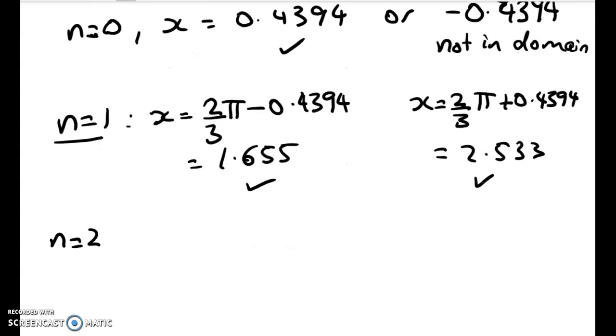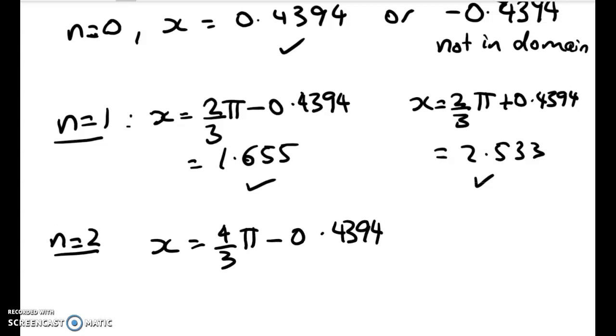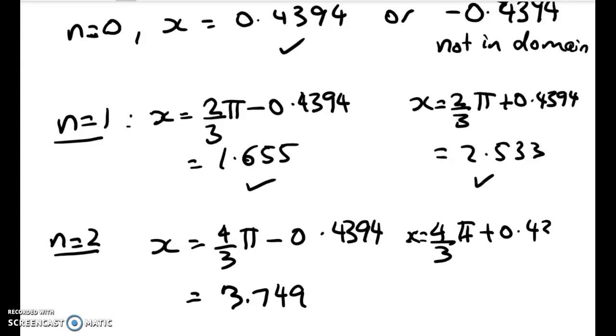And remember, we've found out that we're looking for 6 of these, and we can check all of this on our graphics calculator. For n equals 2, x is equal to 4/3 pi minus 0.4394, so that gives me 3.749, and the other one is x equals 4/3 pi plus that number, so that's 4.628. So we're up to 5, we just need to find one last value,